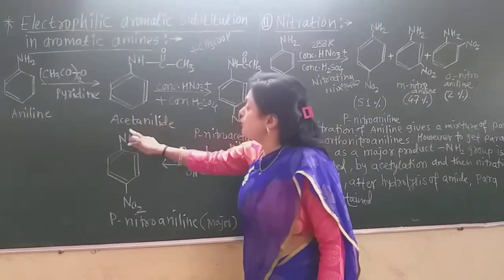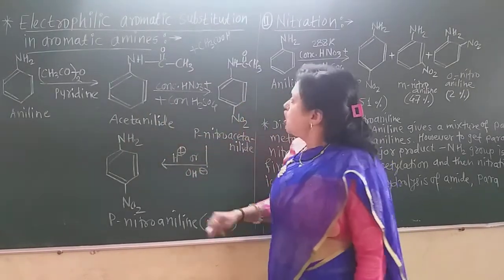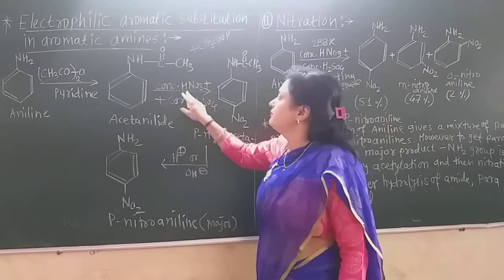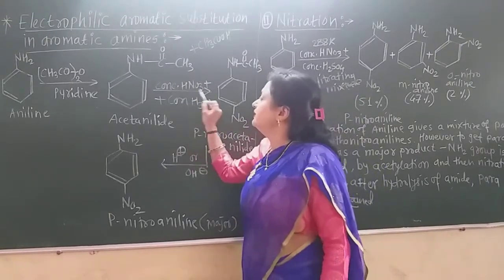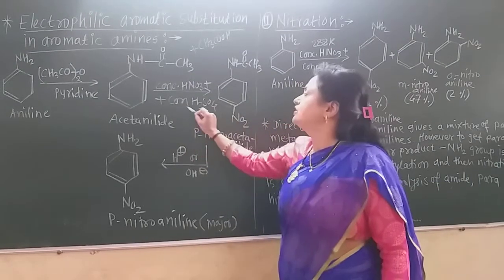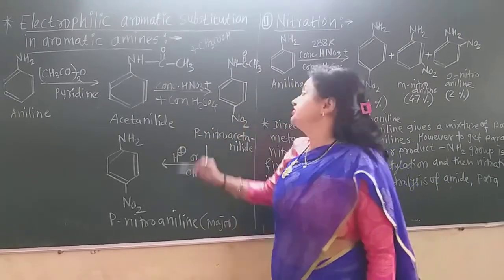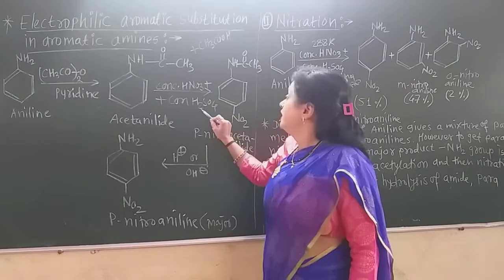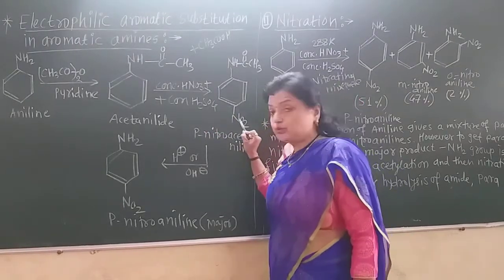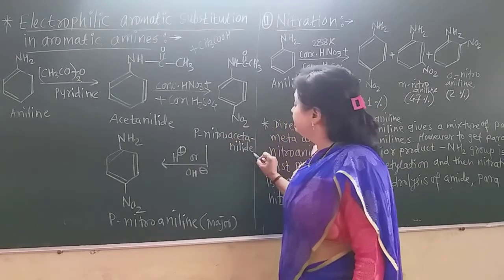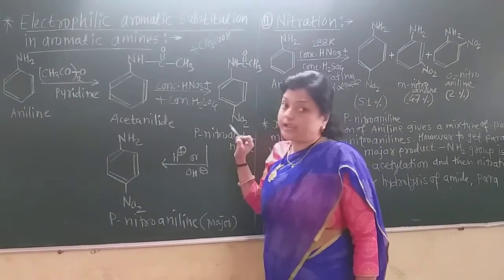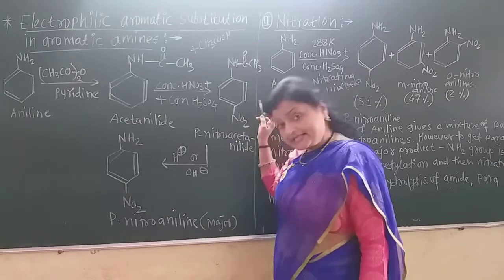Now this compound acetanilide, on nitration by using the nitrating mixture, concentrated HNO3 and concentrated H2SO4, is used for the nitration. The nitro group goes to the para position. But this is the para-nitroacetanilide. This is not para-nitroaniline. If we hydrolyze this compound